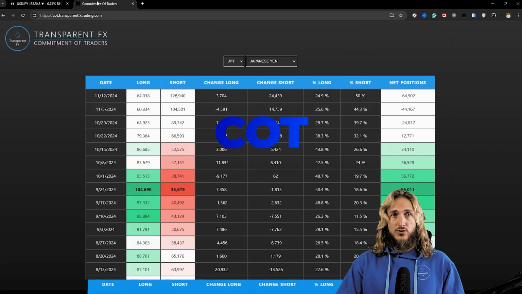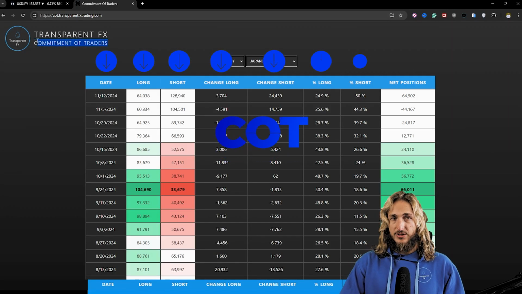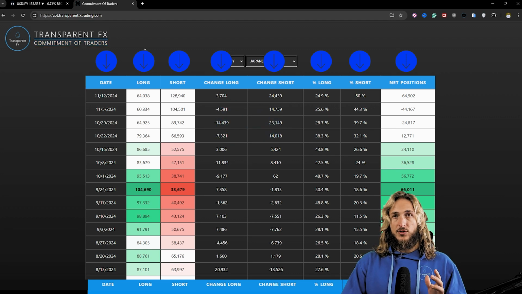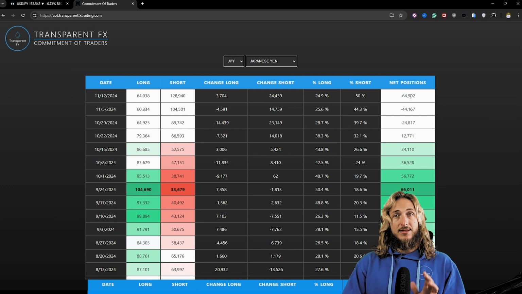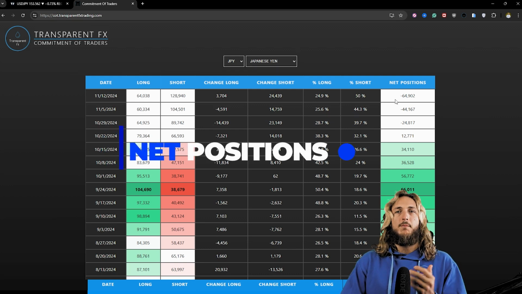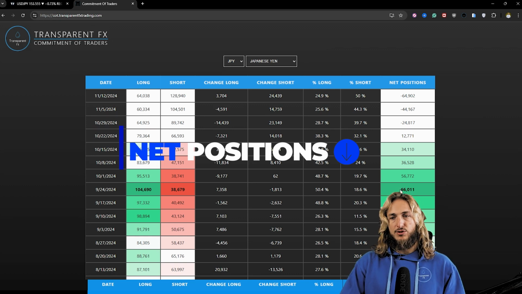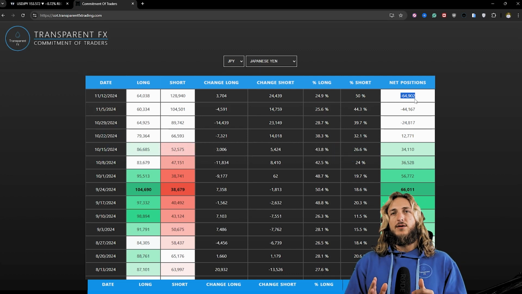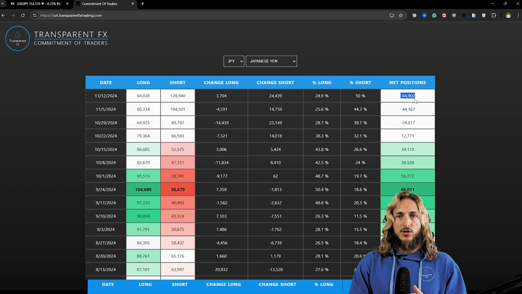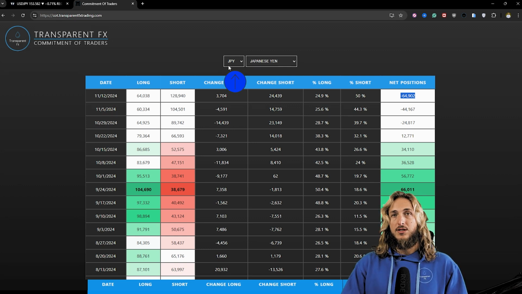In fact, if we go and see what we have when it comes to the commitment of traders, so what the big players in the market are doing, and we look at the data precisely for the JPY, what we can see is that in the long run, institutions have indeed been moving to the bearish side for the JPY. We went, in fact, from having a positive net positioning of 66k net positions all the way down to having minus 64.9k net positions, therefore showing a clear decrease of net positioning and moving to the bearish side for this